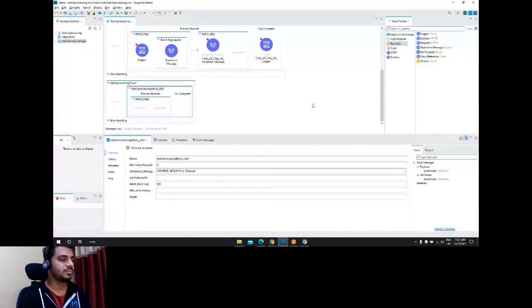The next question is: is it possible to make the batch queue non-persistent? No, it is not under our control. This is configured internally by MuleSoft, and it does follow the persistent queues. It maintains all those queues. But if you want to get rid of those queues, let's say it crashed and you don't want to rerun it, then in that case,